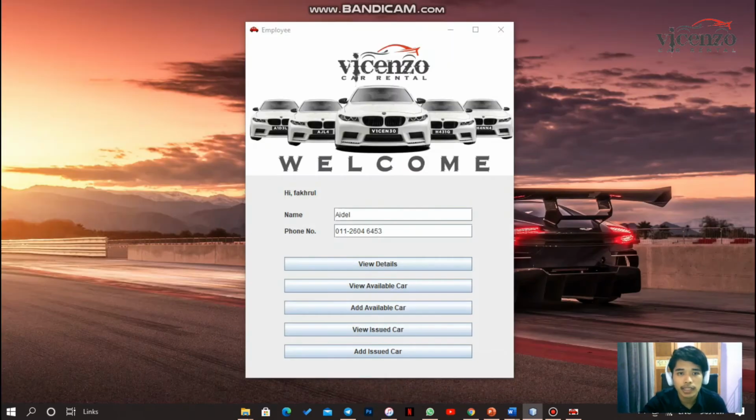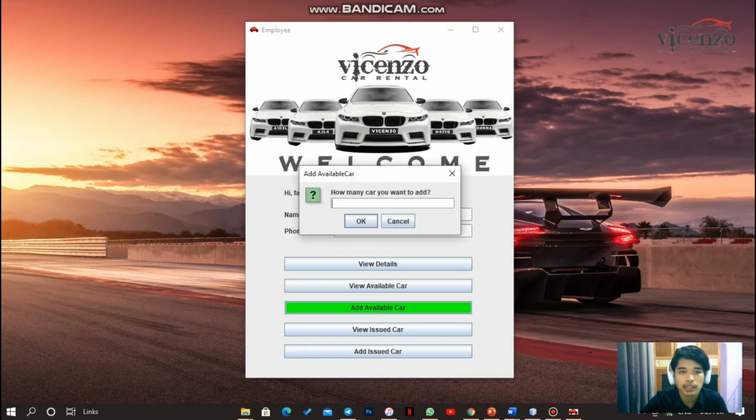Okay, so let's try to click the add available car button. And then it pops up asking how many cars you want to add. For example, we add 1 car. Press OK, and then